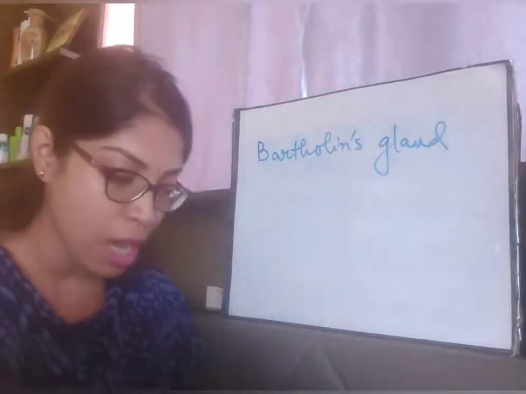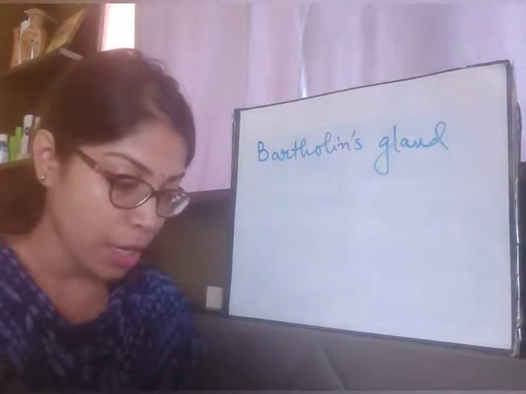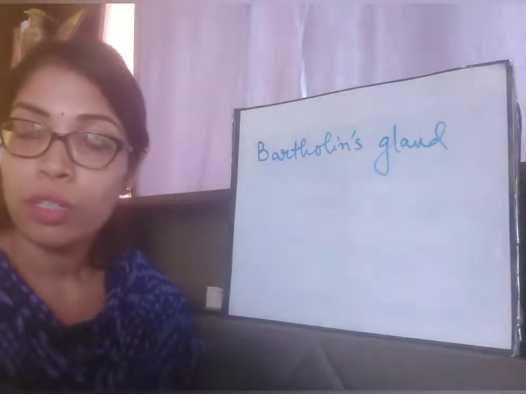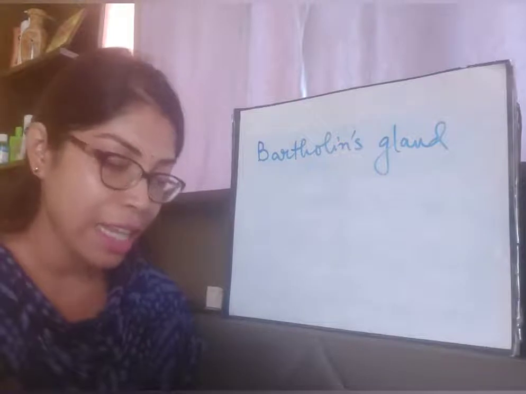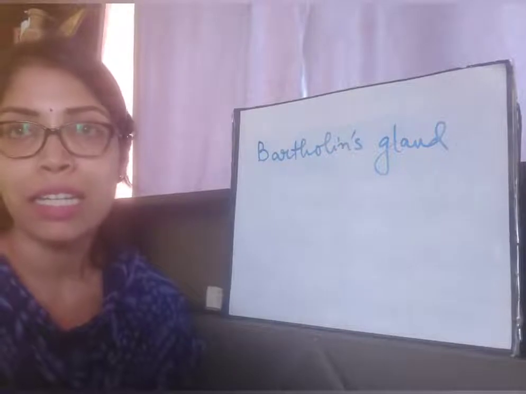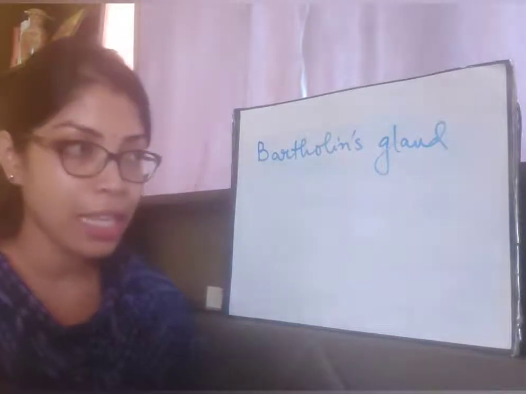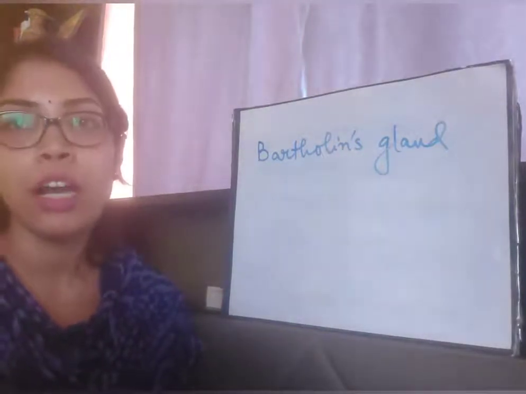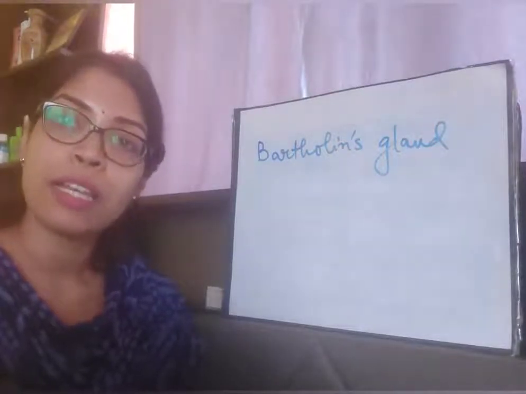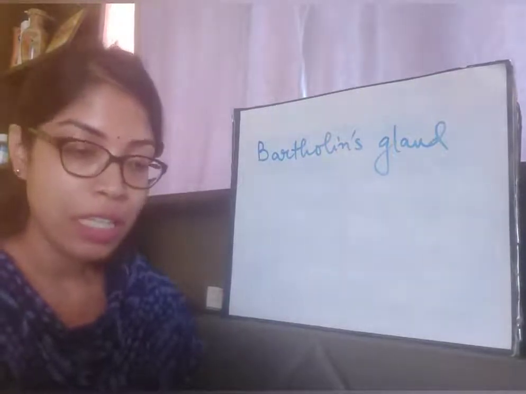So these two functions are exactly similar to those of the male reproductive system, and other functions include fertilization of the ovum within the fallopian tube, and the formation of the menstrual cycle, meaning during puberty the menstrual cycle starts, and then the female body becomes reproductively mature. All these are functions, but the main functions are oogenesis, the production of egg, and formation of the female sex hormones, estrogen and progesterone.